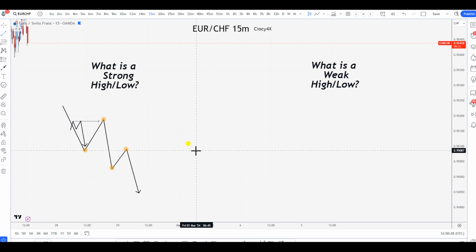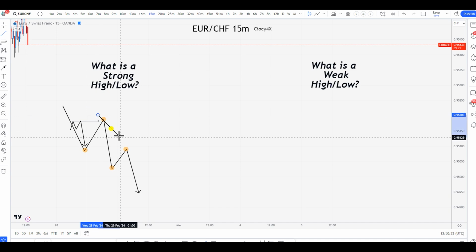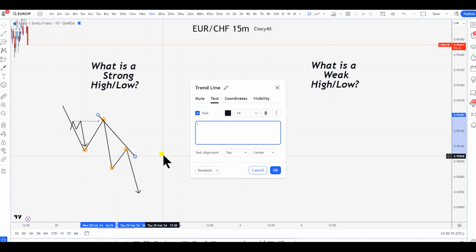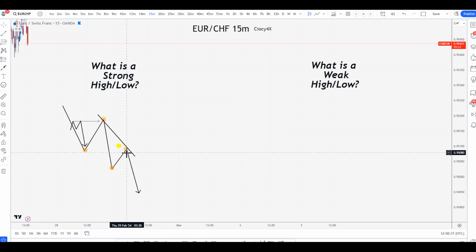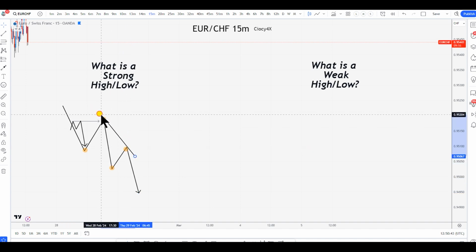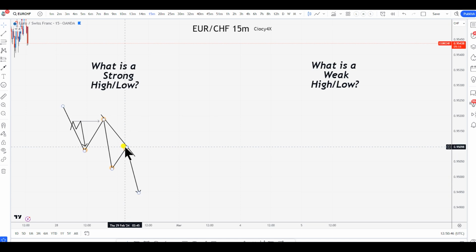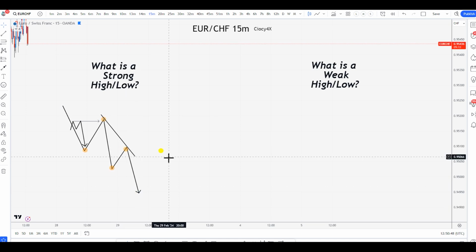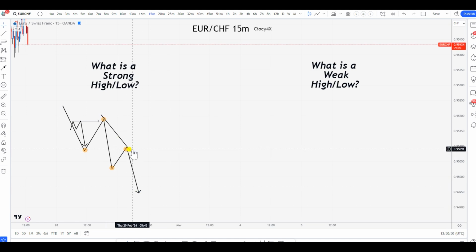Then there is another one. And what is the other one? Well, some people will tell you that there is a trend line. Now you've got a trend line, so when this high comes here and it taps this trend line because it's aligned with a previous high, now it's telling you what? The price is probably dropping, making a low. So therefore, this is a strong high because price tapped something valuable, which is a very valid price point. In this case, it's a trend line. And then after that, it started dropping all the way down. So therefore, for them, this is a strong high.